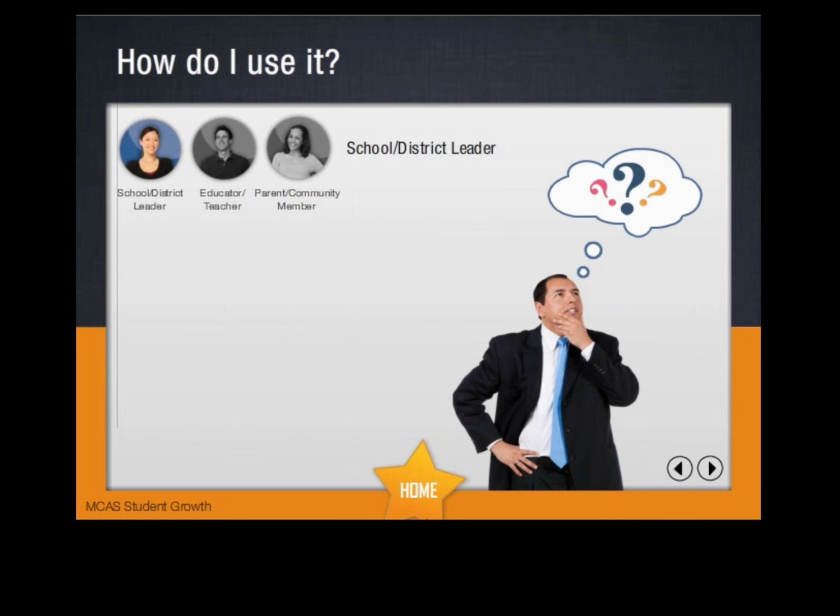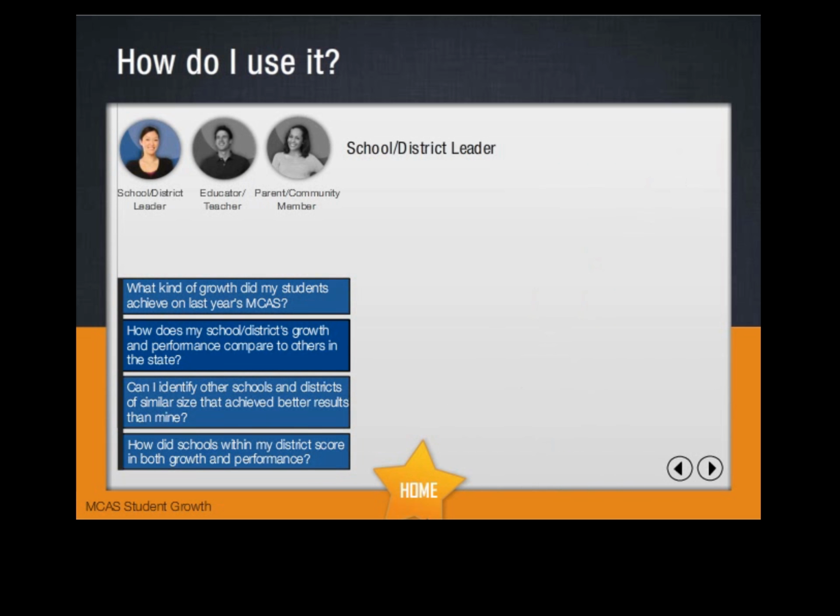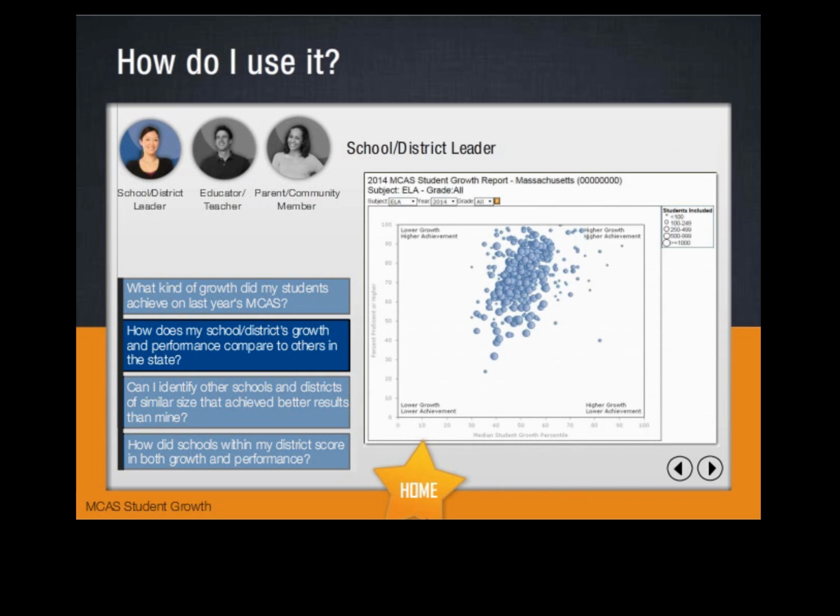But before you dive into the data, you'll want to identify questions that can guide your exploration of the report and analysis of the data. Naturally, it's best if these questions reflect your unique interests and needs, but the questions shown here will get you started. For example, you might want to know how student performance and growth in your school or district compare to other schools or districts in the state. Viewing both achievement on MCAS and MCAS growth data will help you understand whether the strategies you are using to increase student performance are making the difference you expect.